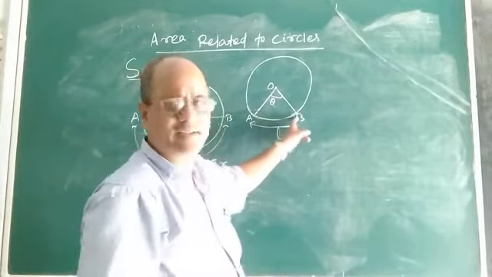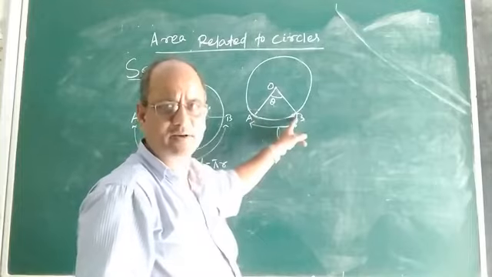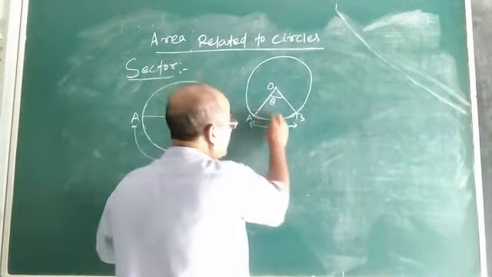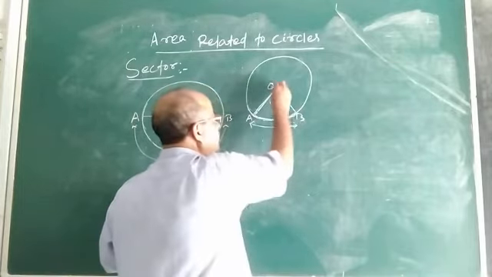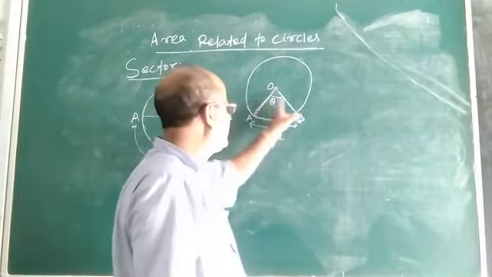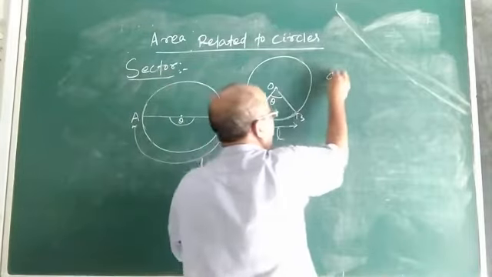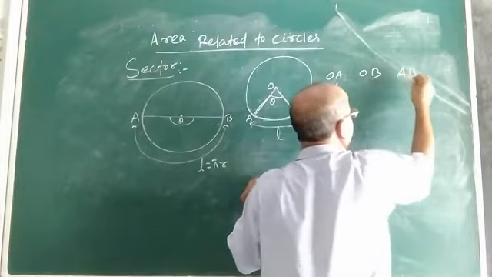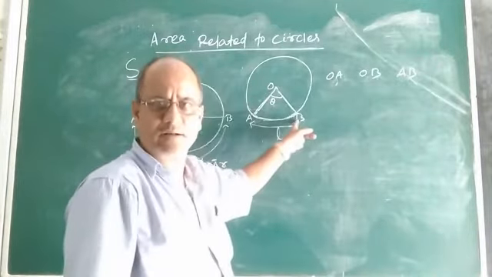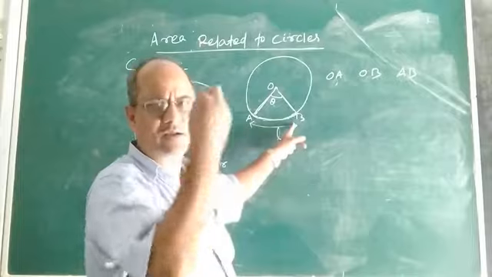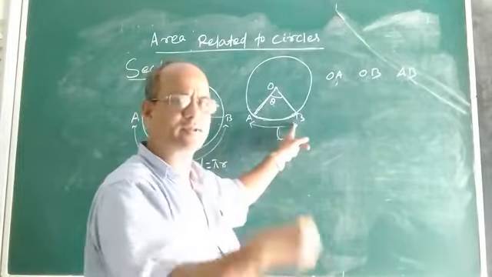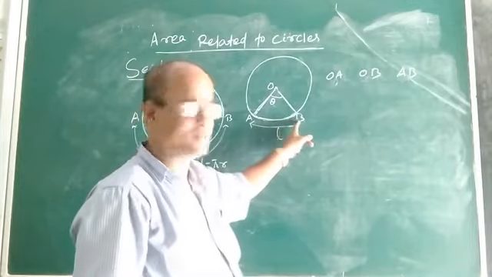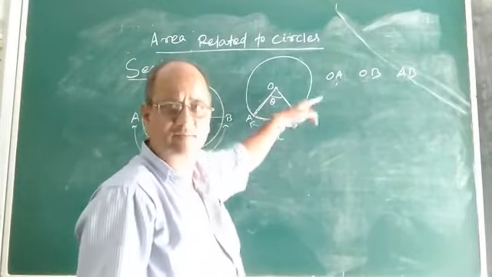Now what arc is it? It is no doubt a minor arc. This is the angle between the two radii. Now look at the arc, the arc and these two radii, that is OA, OB and arc AB. AB is one arc, the minor arc. You know what is minor arc, major arc, minor segment, major segment. So many things you know. OA and OB are two radii of the same circle.